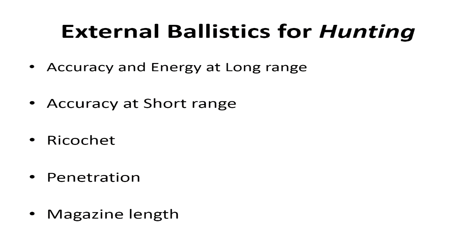Okay, external ballistics for hunting. If you need accuracy and energy at long range, then obviously you need a projectile with a higher BC. So selecting a good high BC projectile, like a Hornady or something like that, is important. If you're shooting at short range, then choose a bullet with a nice rounded nose. If you're wanting to mitigate ricochet, so if you're shooting on a very flat area, you haven't got a very positive backstop most of the time, and you want to reduce the ricochet, you need to select a projectile with